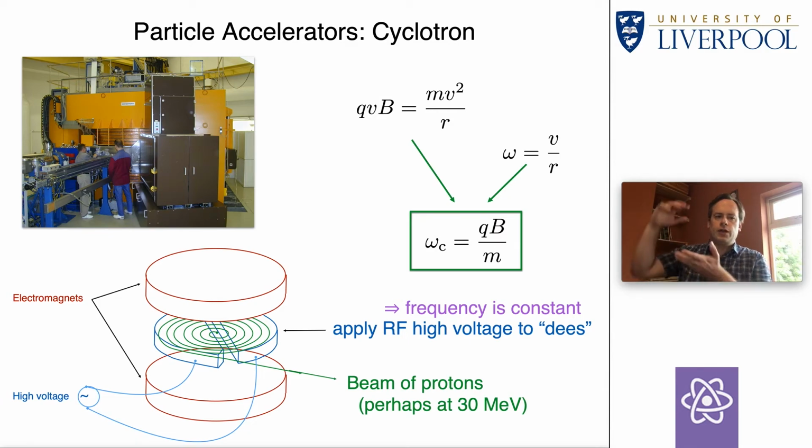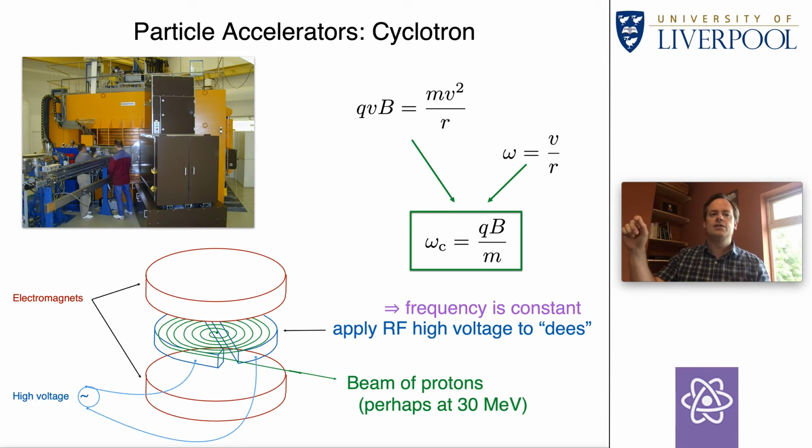So we have two electromagnets producing a strong magnetic field, and this time, as the protons spiral around the magnetic field lines, they pass between two D-shaped electrodes with a high voltage applied. Passing from the D that is positive to the one that is negative gives the protons a kick, increasing their energy. The polarity is then reversed with a radio frequency oscillation while the protons are inside the second D,